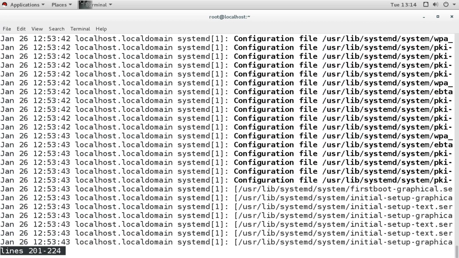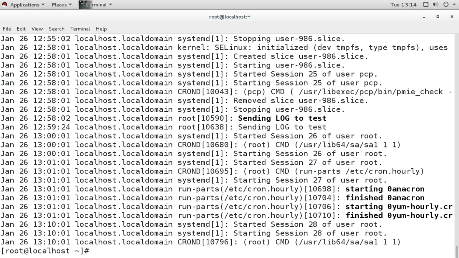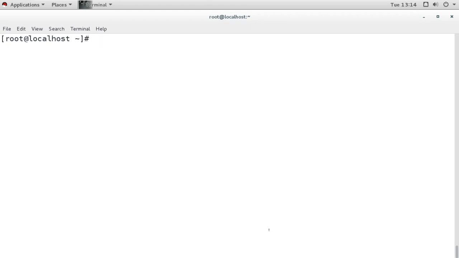Now my server is running only for 2 days, but if your server is running for months, then you can give a date like --since, you can say since this date, and then you can mention the time in 24 hours format like this, --since, --until, and then you can specify the other date. So it will define what it will show you, the logs since and until.